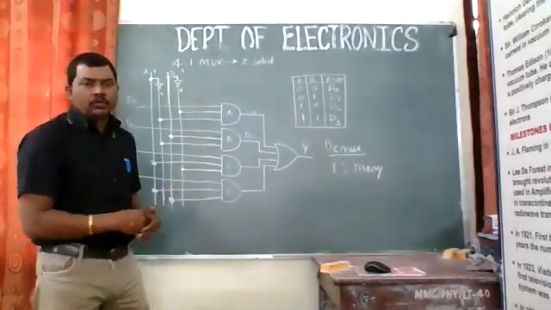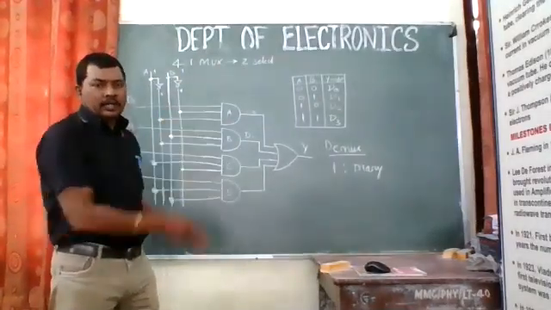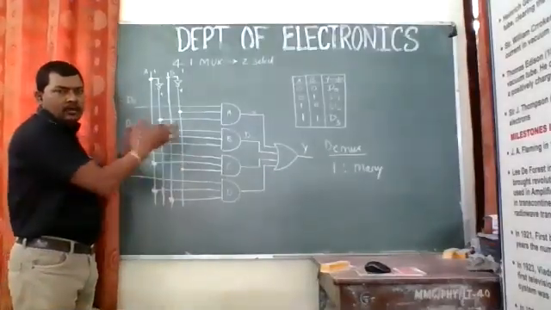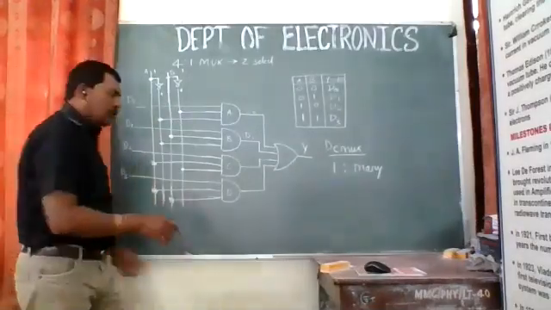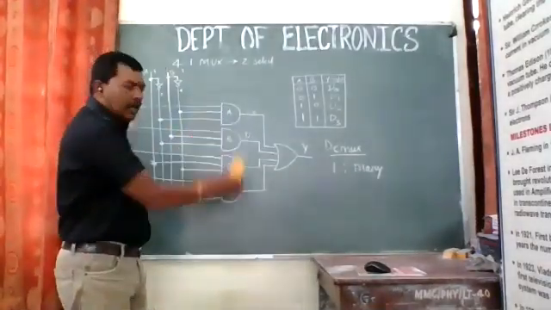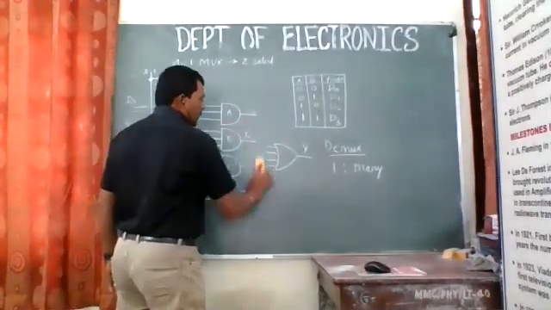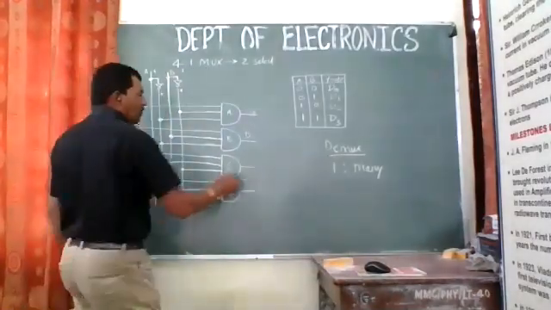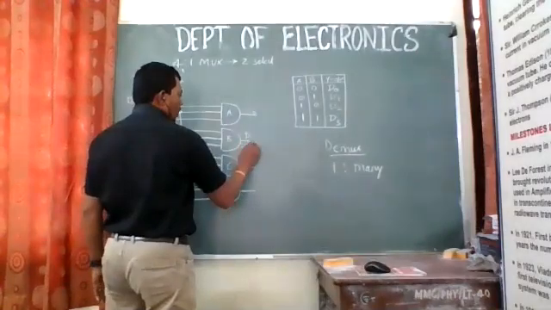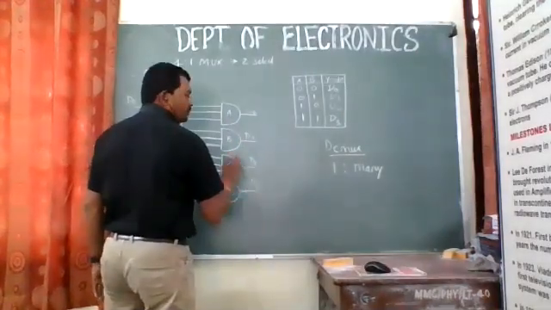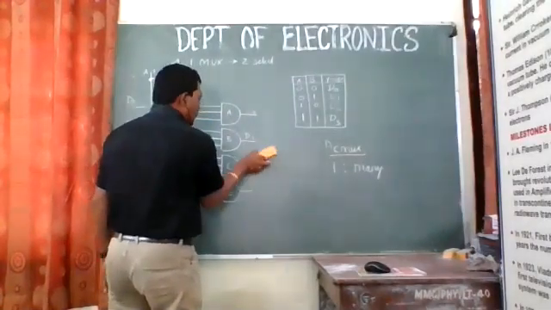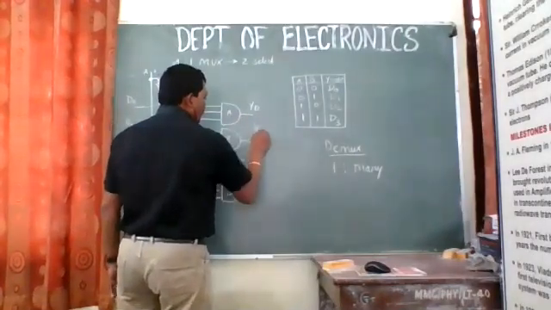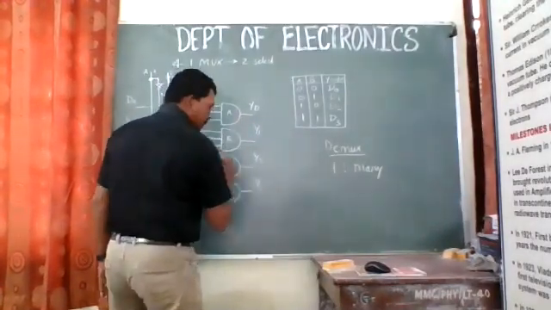So in that case, what we are trying to do is we are going to have a single input on that. So this same circuit can be used to design the demux circuit. Just see how I'm going to do that. First, we are requiring many outputs out of it. So I am cutting this OR gate. So as you cut this OR gate, remove this OR gate, we'll be having these four outputs, D0, D1, D2, and D3. Or in that case, if we are always calling it Y, we'll be having four outputs like Y0, Y1, Y2, and Y3.